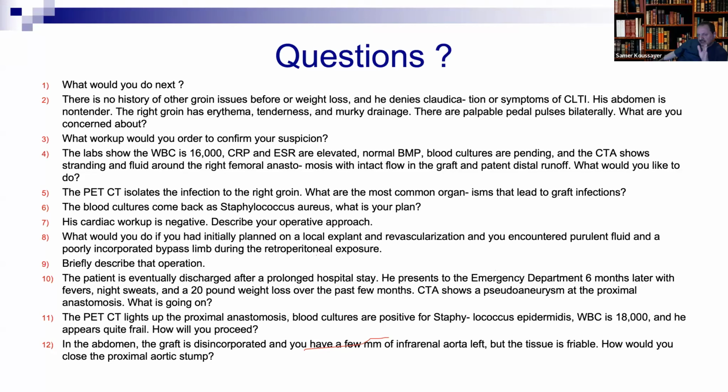So if you do cover stent, you have to be sure you have another stent on the other side, otherwise you occlude the other side. So again, you have to decide at the time of surgery, it depends how it's going to lay and if it's going to affect the other side.